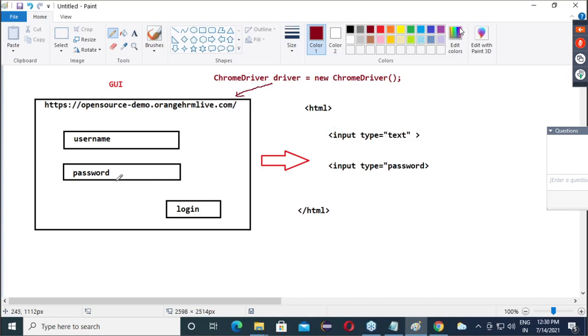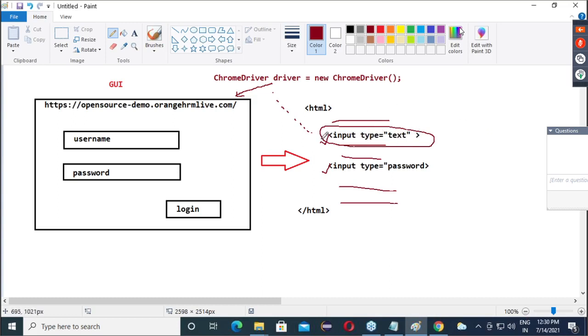In the HTML, there will not be only these two HTML code lines. There will be n number of HTML lines. In all those lines, our driver should go inside HTML and pick this exactly, yes or no?